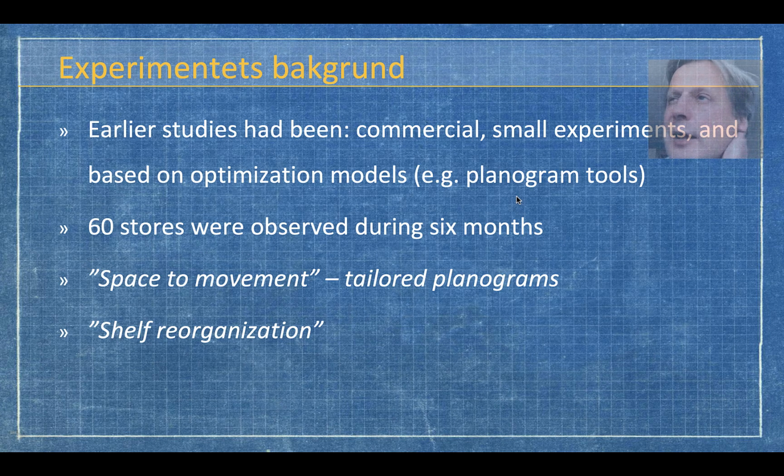Okay, they claim that a lot of those studies by Kotzan, Curhan, and Kevin, and those that I've shown you so far, were really small, and they looked at just one aspect at a time. So they took a bunch of stores and rebuilt them and worked on them for a long period of time. And they worked with something called space to movement, which is exactly what I talked about, where they adapted or planned the planograms to be in line with the market shares. And they did shelf reorganization to enhance the